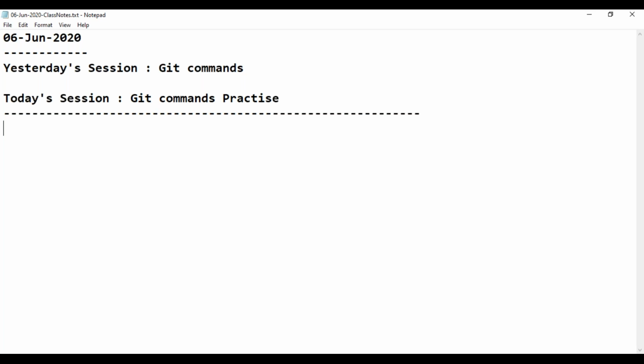Now, as a developer, we need to perform our operations with the cloud repository. In order to perform those operations, we have several options. One is Git GUI, another is Git Bash, another is an IDE, another is SourceTree. Like that, there are several software tools we can use as a client to communicate with our Git repository.